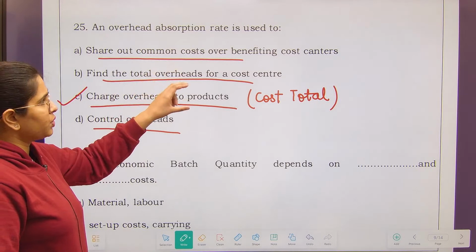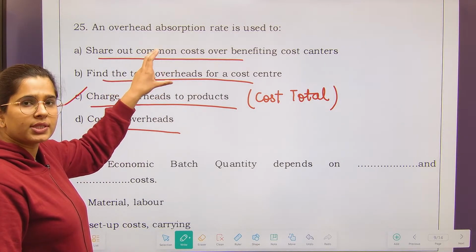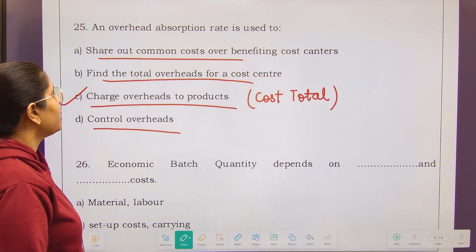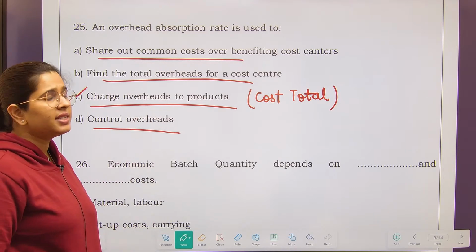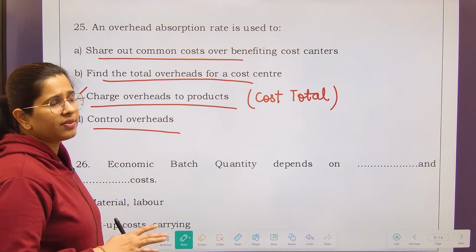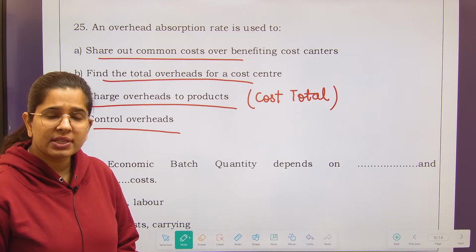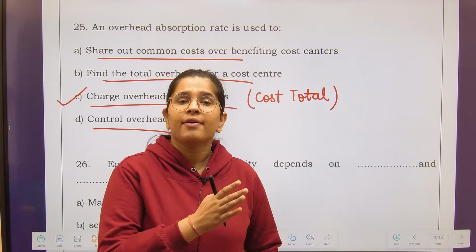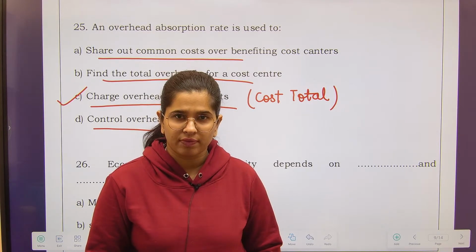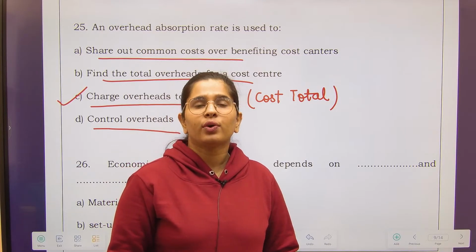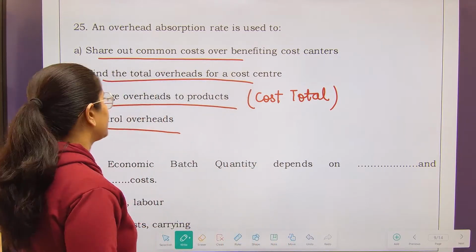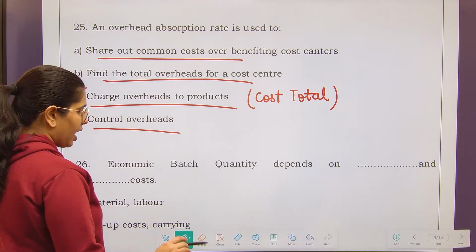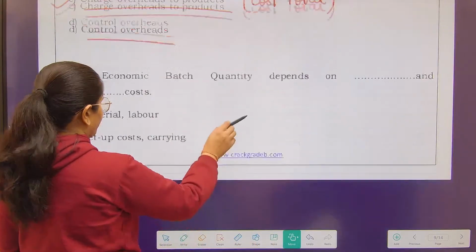These are not wrong options. You want all those cost centers who have got the benefit of overheads, obviously cost will be allocated to them, right? We want to control overheads. That is not a direct reason why we absorb. The reason why we allocate or absorb the overheads over the products is we want to know what is the total cost of the product, right? Therefore, we allocate indirect costs to our products, and this is the correct thing, charge overheads to the products. So this is our aim. For that we do the allocation.